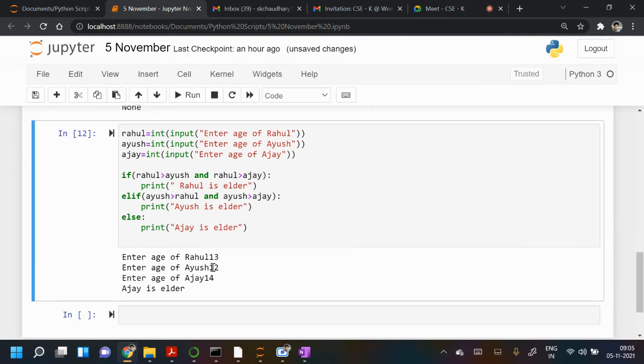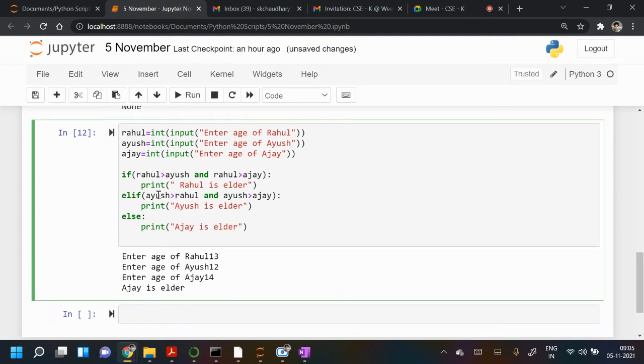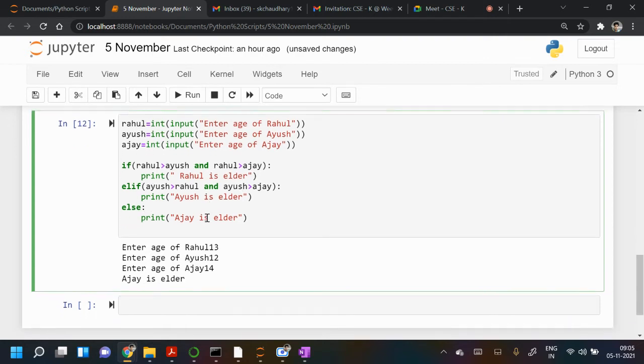But here, how many comparisons are going? Two comparisons here and two comparisons here in the else part. Like three persons are there, three factorial, so six. Okay, this is fine.